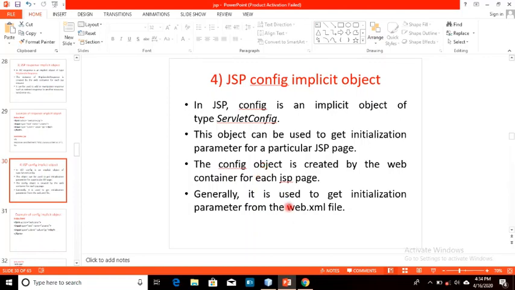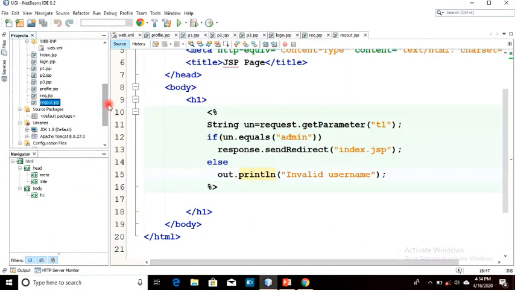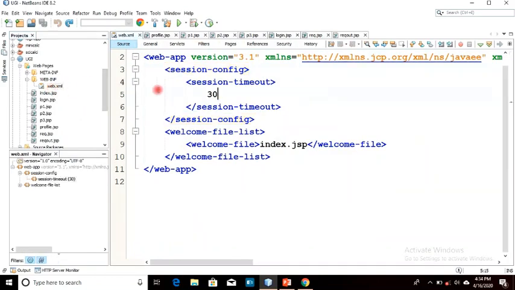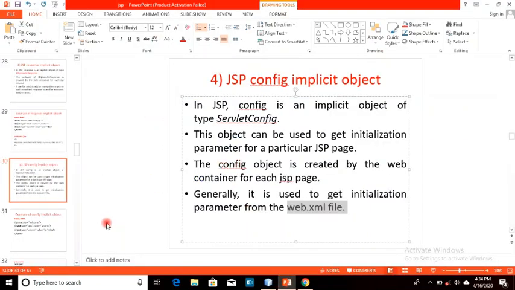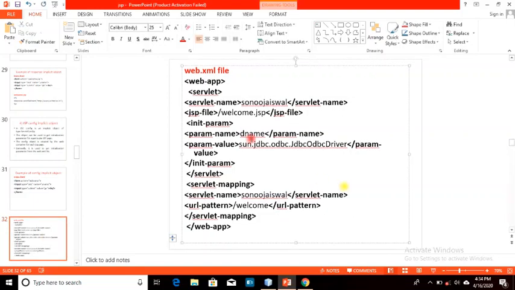Okay, so we have a web.xml file in our configuration, and I will also tell you how to add web.xml if this particular file does not exist. So I have already included the web.xml file. Here it is. So suppose we have created a form, and we want something to be extracted from this particular web.xml file. This particular web.xml file has some configuration, so you have to add this code in the web.xml configuration.